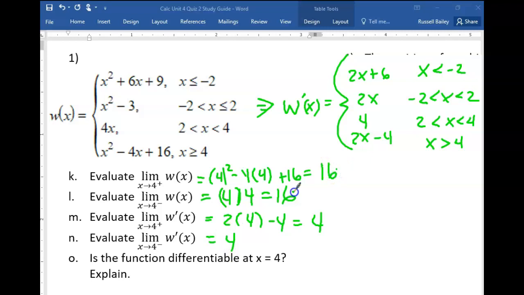So notice that the left and right-handed limits of the original function are equal, so we know the pieces connect. And notice also that the left and right-handed limits of the derivative function are equal, which means that they connect in a smooth curve, and therefore this is actually a differentiable function. So we're going to say yes, the function is differentiable at x equals 4, and the reason for that is because